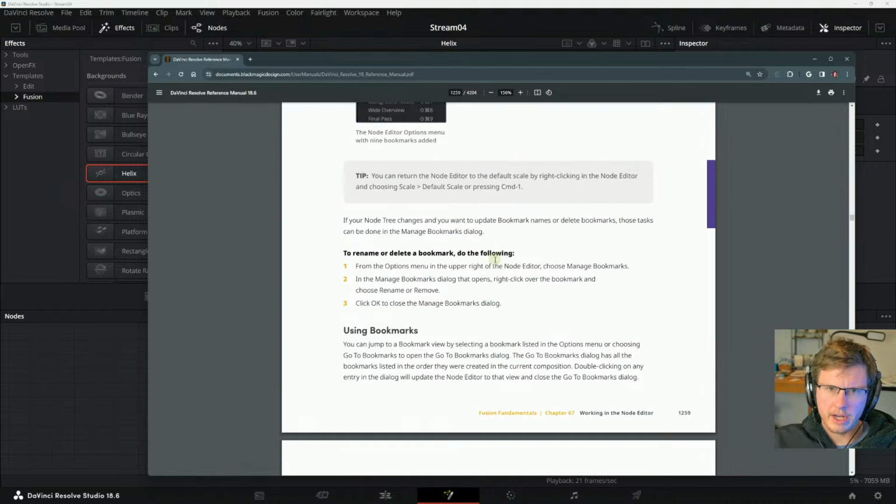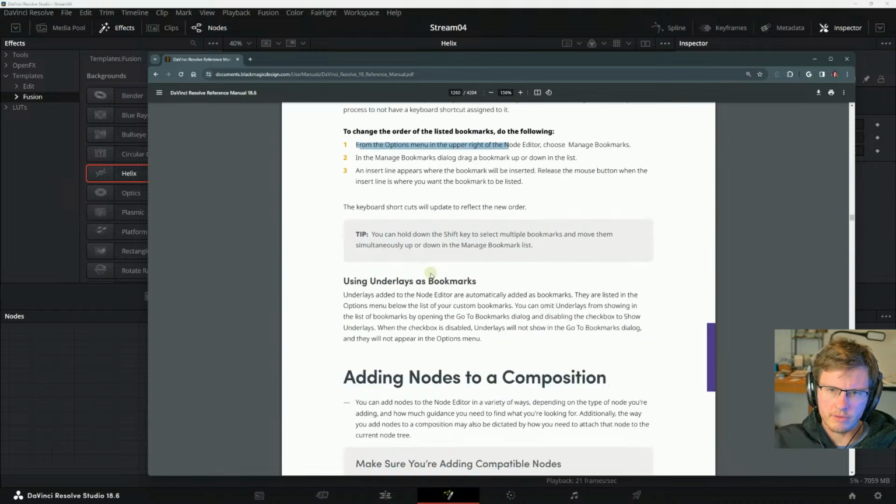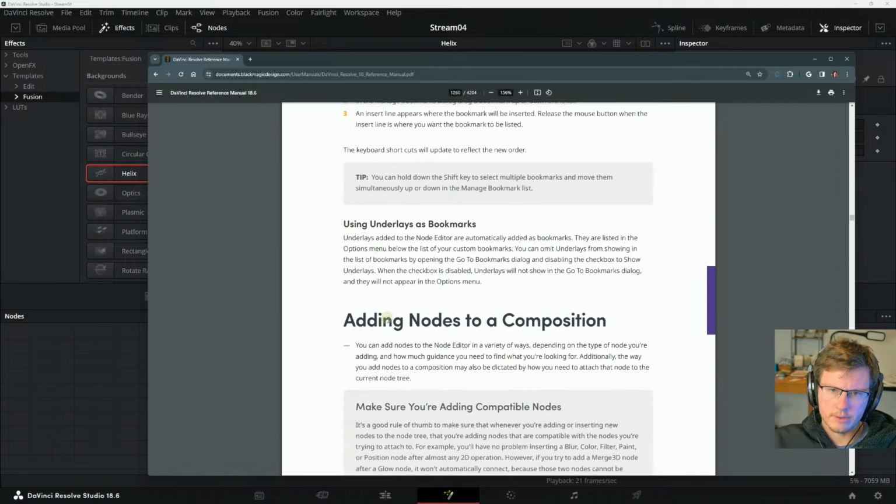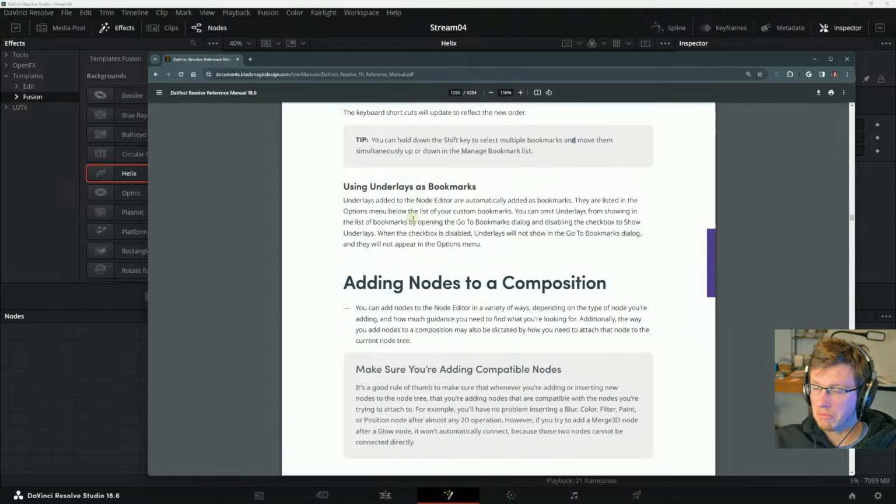Okay, are we back in how to do it with Fusion Studio? Didn't we just read this? Okay. So, and what's the tip? You can hold down the Shift key to select multiple bookmarks and move them simultaneously up or down. Pro tip: